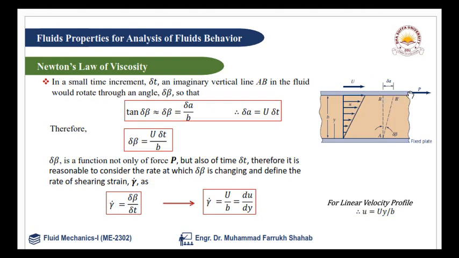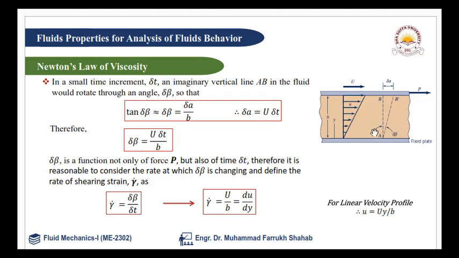a force P is applied, and there is a velocity gradient. The particles which are away from the bottom plate are moving faster than the particles which are nearer to the bottom plate. So you can see there forms a triangle. The point A is one vertex of this triangle, whereas B is the original vertex, and B dash is the point which is a bit far from the point B